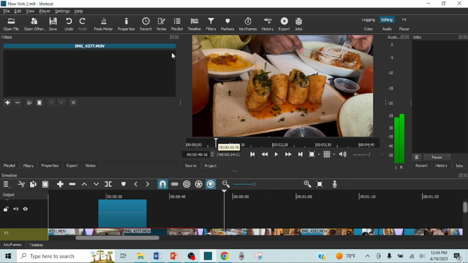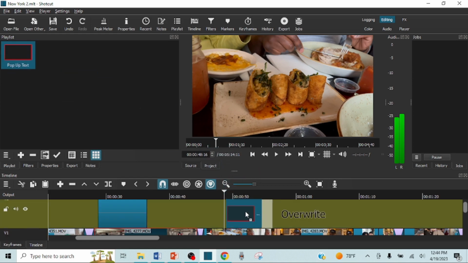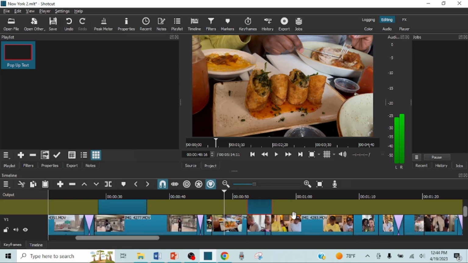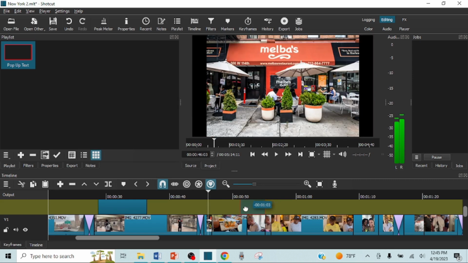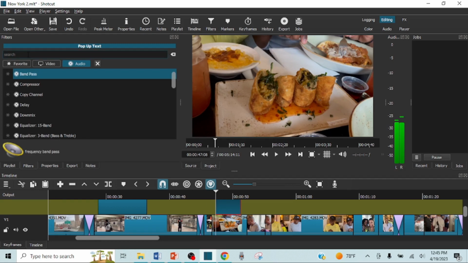Okay, we're going to do another one. Let's go to the playlist. It's already highlighted in red, so just drag it down. Go to filters, text,